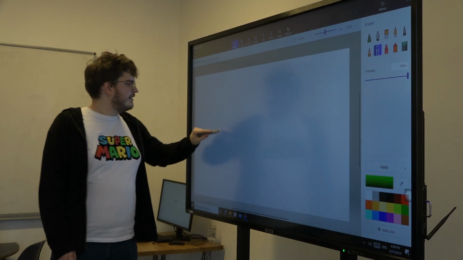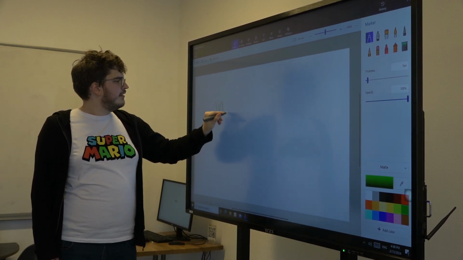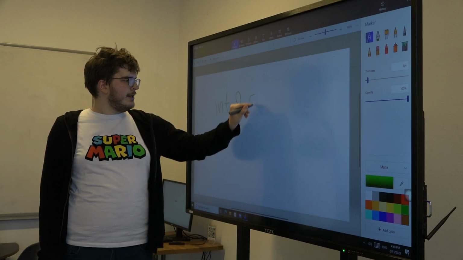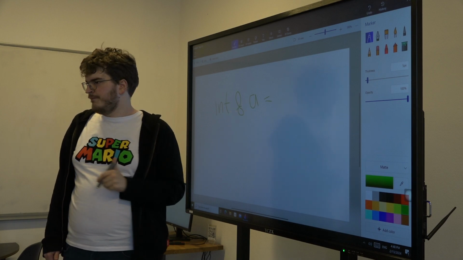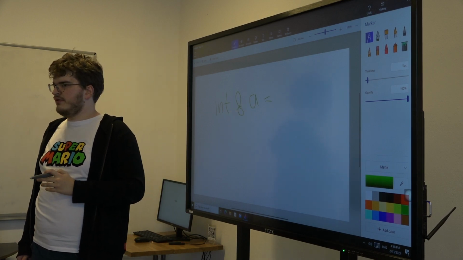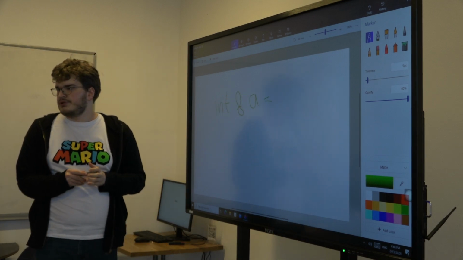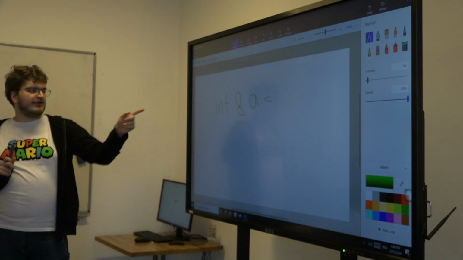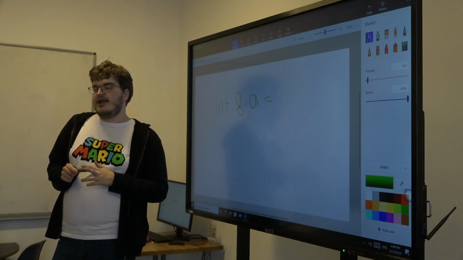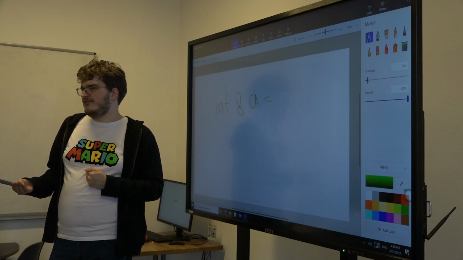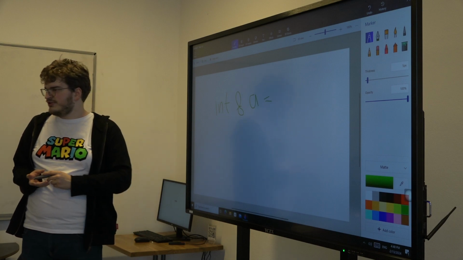So a typical reference looks like this. Int reference A equals to what? Can I write equals to 5? So what can I write here? Can I write int reference A equals to 5, for instance? No. If I could, would I ask you? Will I ask you whether I could? If I could, I would just do it. So there is some